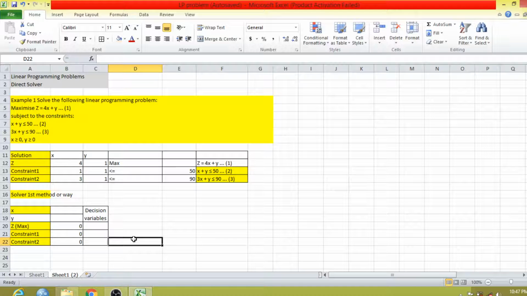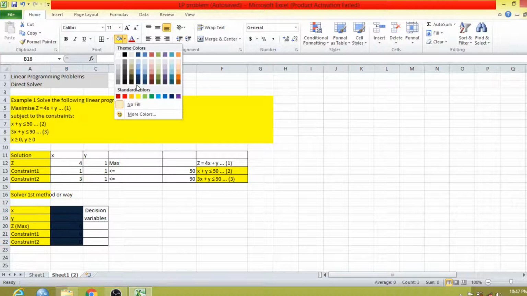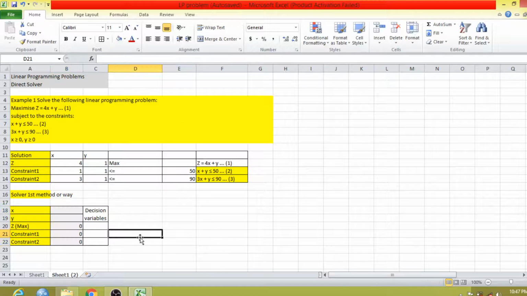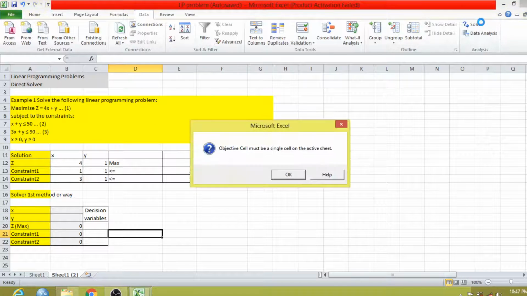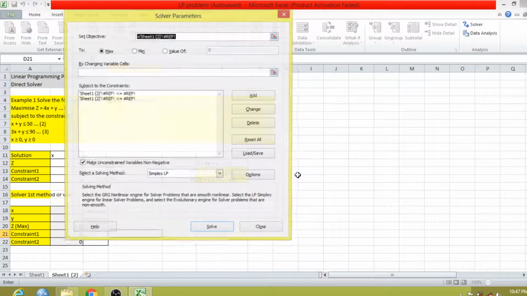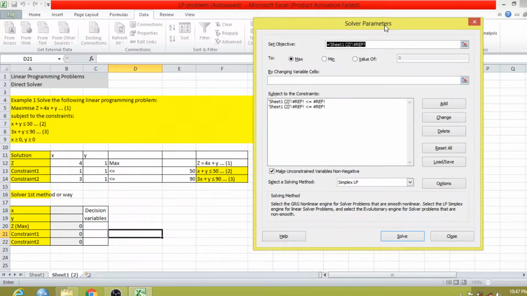Now we will click on the data tab. We will solve this particular problem. Click on data, go to solver. Now this solver parameters window will appear.